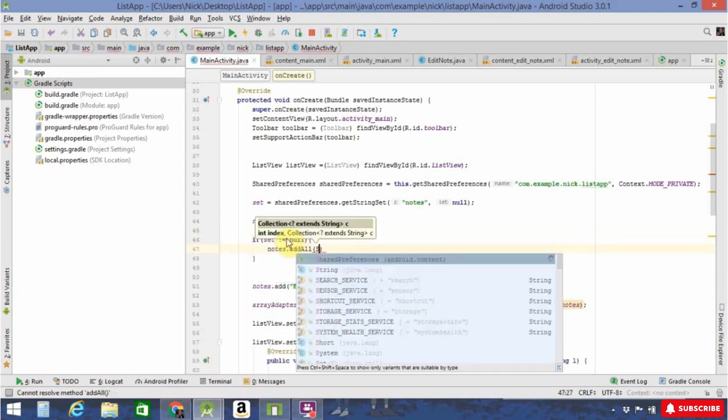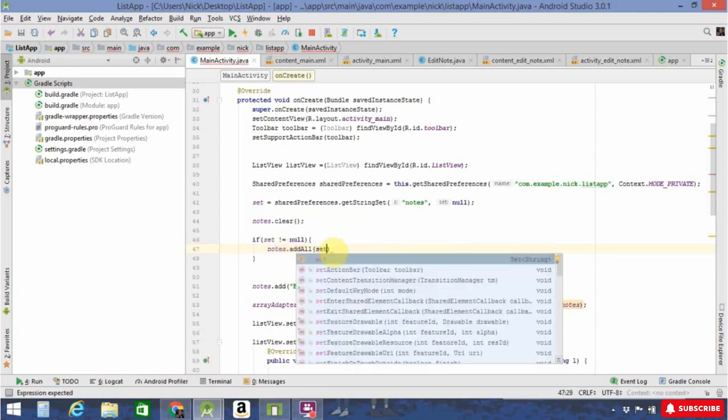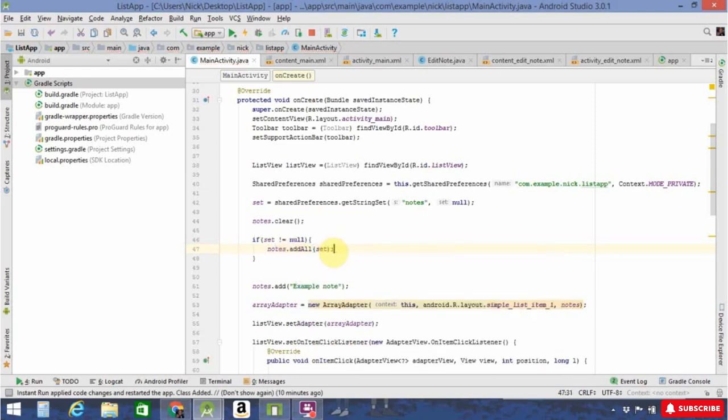set. So briefly, I'm going to explain what this is doing. If set is not null, it has notes in it already. We want to add everything, all the notes that are stored in this set in shared preferences, to our local notes array list, which is stored in the app and will let us display them all to the user. However, if set is null, we're going to need to initialize some stuff so that the user will be able to add new notes. Else,